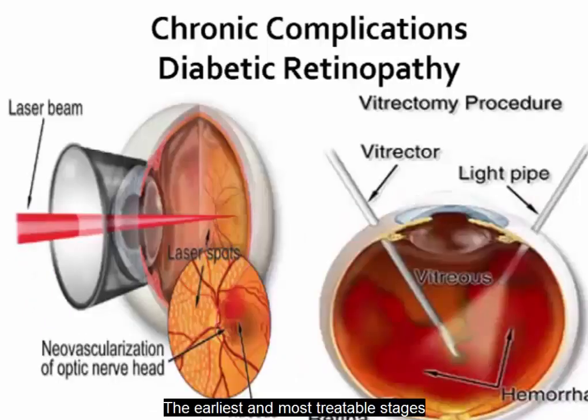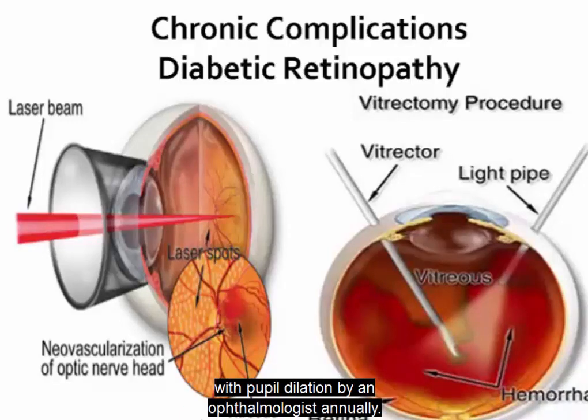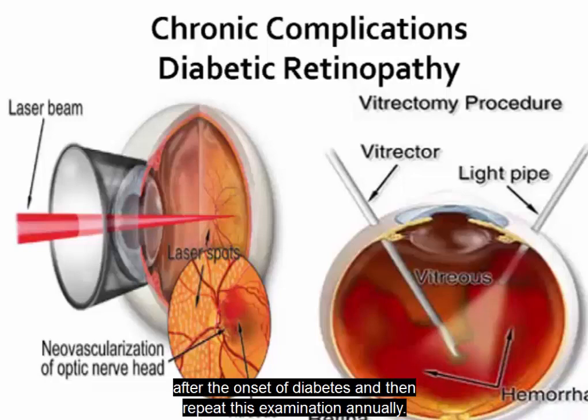The earliest and most treatable stages of diabetic retinopathy often produce no changes in the vision. So patients with type 2 diabetes should have an eye examination with pupil dilation by an ophthalmologist annually. A person with type 1 diabetes should have their eyes examined with dilation about every 5 years after the onset of diabetes, and then repeat this examination annually. The best approach to the management of diabetic eye disease is to prevent it by maintaining good glycemic control and